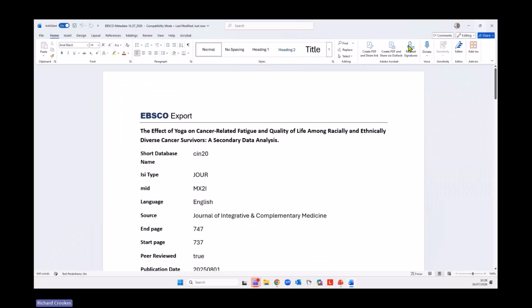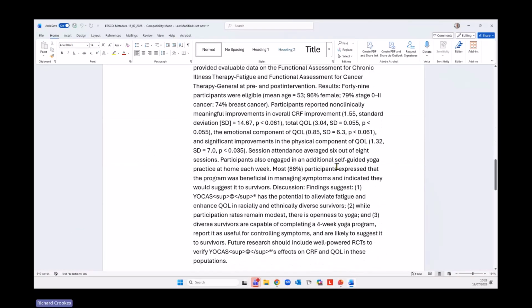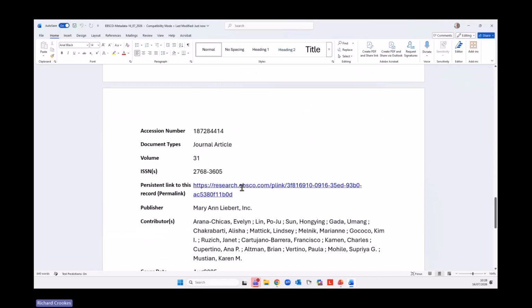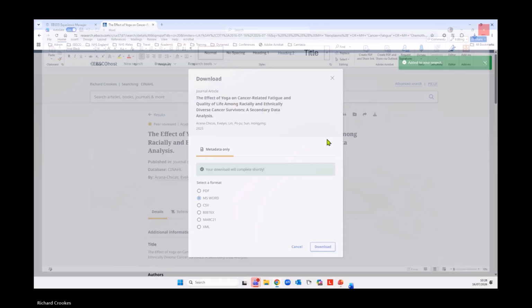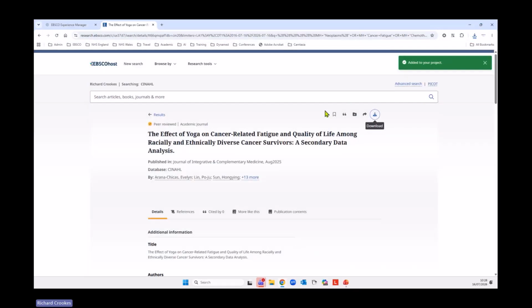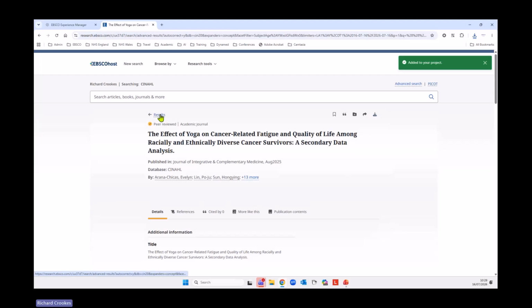Okay. So again, you can see this in Word format, so of course that can be edited as well, and it includes the link, the persistent link to this record. Okay, so that's also available as well. So those tools menus are available, and if we go back to results here,